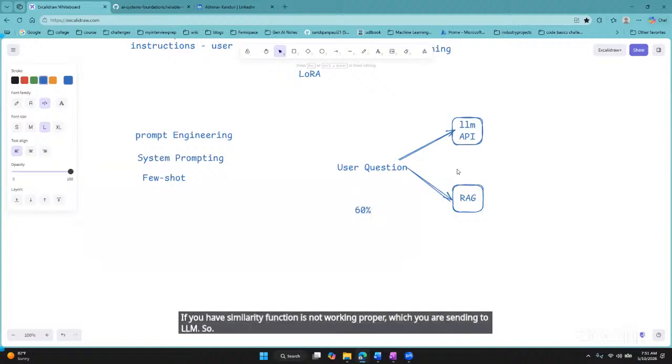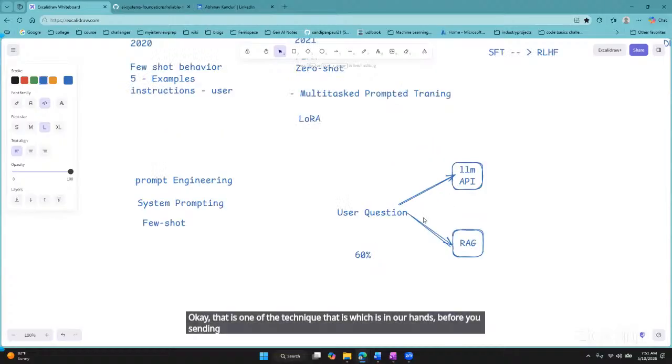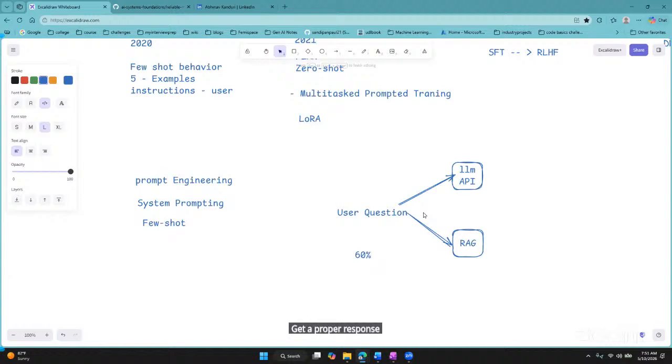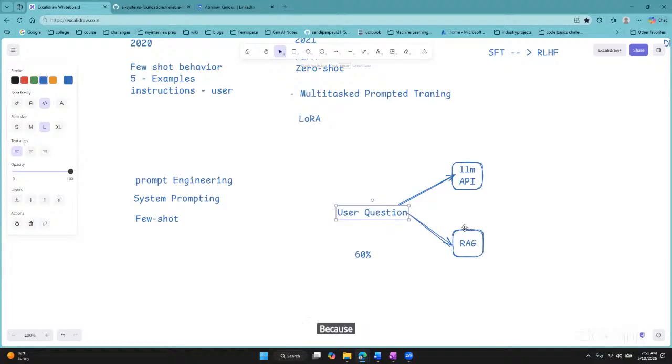So make sure your re-ranking techniques are better. Have a better retrieval or a better sliding window portion to fetch the responses correctly. That is one of the techniques in our hands before sending to the LLM. But even if you are sending a better retrieval context to the LLM, if you are not able to get a proper response as per the user intent, then you need to improve your prompt with better system prompting and few short examples, because you are fetching information from an additional external database and sending it to a